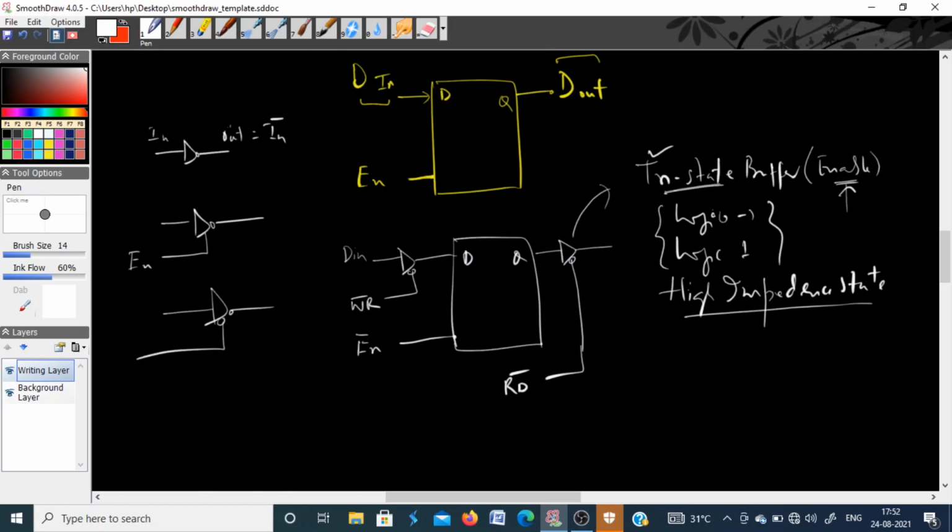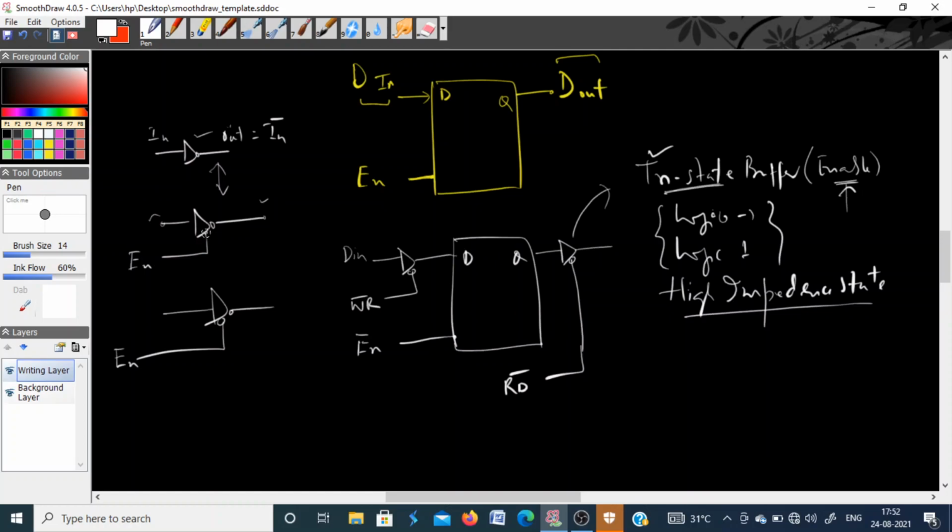So if you use a bubble here, it means it is an active low pin. If you are not using any bubble, like in this case, it is an active high pin. So this is the same inverter that we are using here. The purpose of this is to provide an output which is the complement of the input, but this circuit